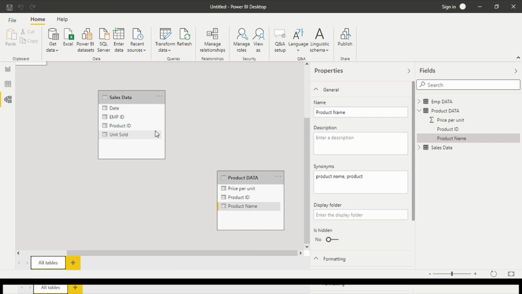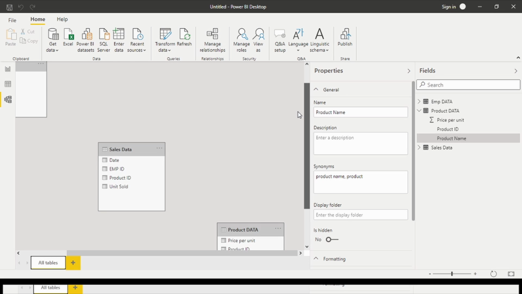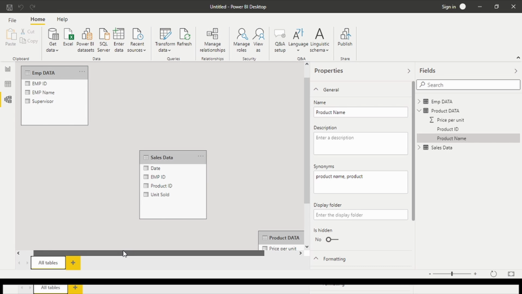First thing you have to do is analyze which field is common in two Excel sheets. The employee ID is common. So put employee ID here and paste it in employee ID.